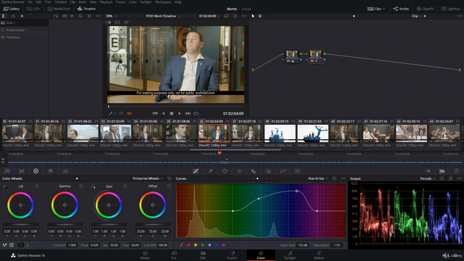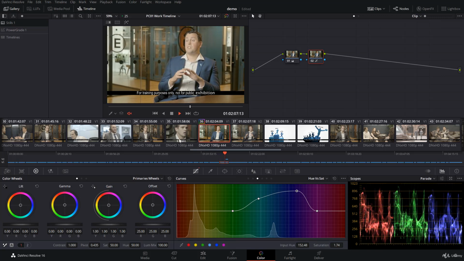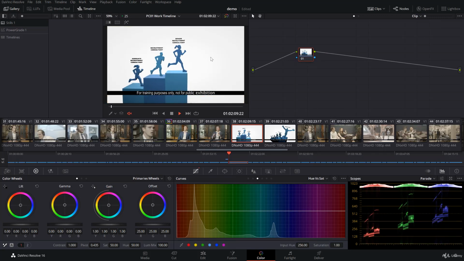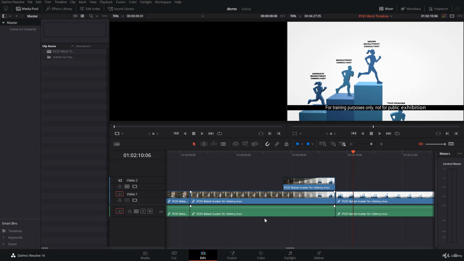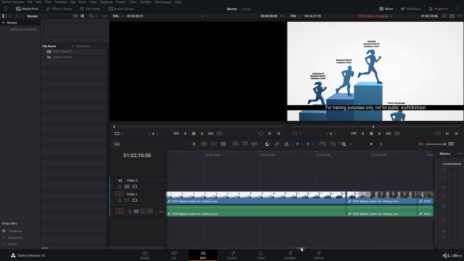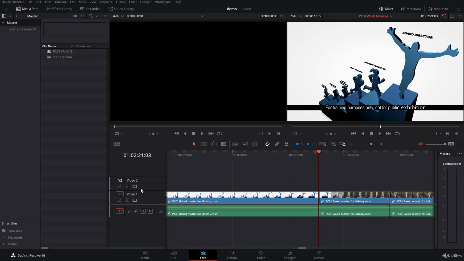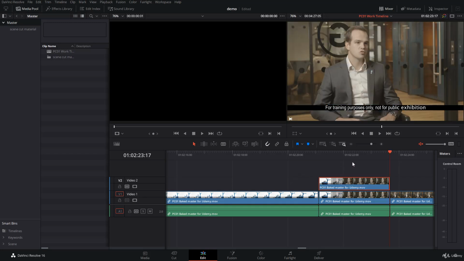So I've got a nice bit of that blue suit, and now what happens is that grade fades out very nice and naturally as the graphics come in. And we just need to do the same thing for the other side. So I'm going to go over to the other side. I need to copy that, get the playhead in place, make sure I have this odd little symbol here deactivated for video track 1, paste it in, and this time I want to fade out